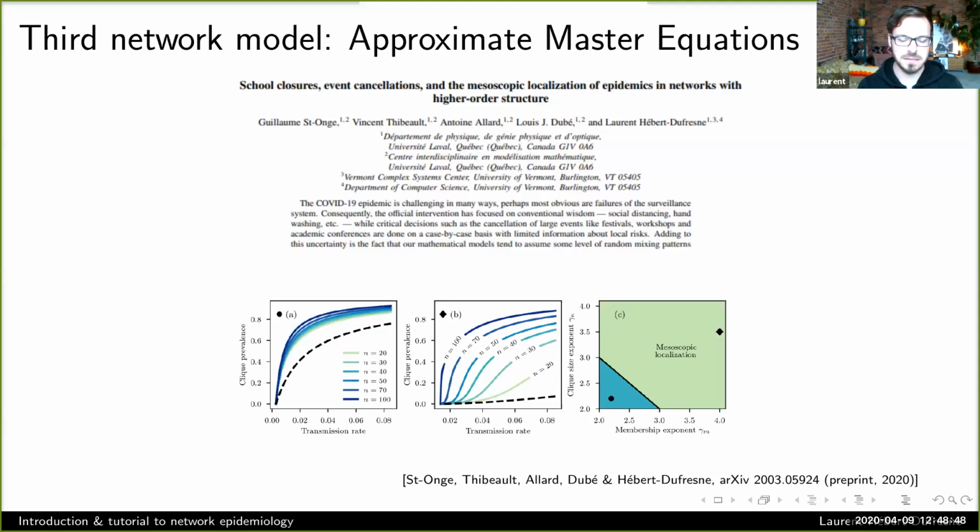A disease is never uniformly distributed in a network, neither at the level of degree or in higher order structures like cliques and events and stuff like that. So this is brand new work. It's not peer reviewed, but I think there's a lot more research to be done in that area, thinking about higher order structures and temporal events and helping us think better about interventions and when we can relax interventions, all of which are going to be critical questions going forward for the COVID outbreak.